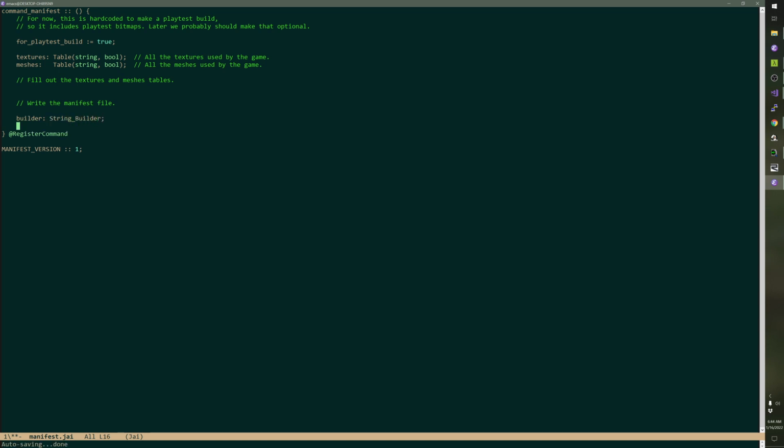I'm going to say print to builder manifest version. This is going to be a text format. It might as well be because it's just a bunch of lines. We're going to say print to builder. We're going to have some header that just says what the section is. I need to figure out some character we're never going to use